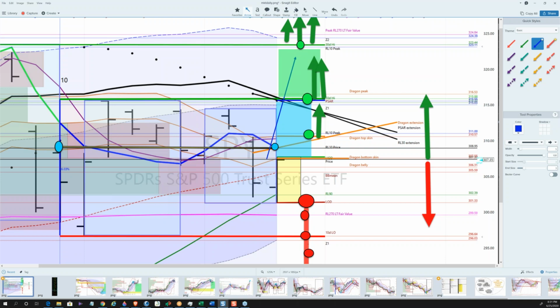So let me ask, just in the comments, let me know if that more detailed framing on the market is helpful for you. It seemed to me that we've got to do a better job of remembering what that market condition is like so that we can quickly start exploiting the tactics of the day on the next day. So when we're in a critical state like this, that's the kind of day that it was